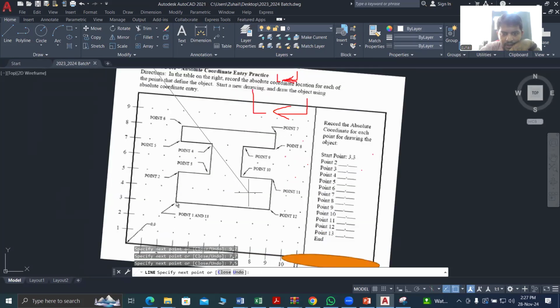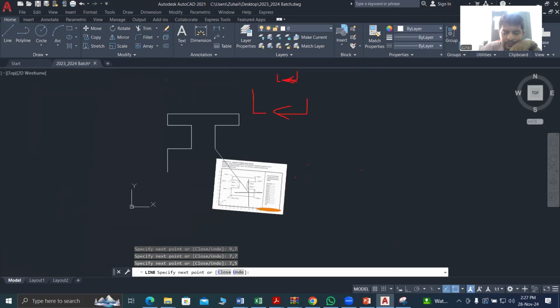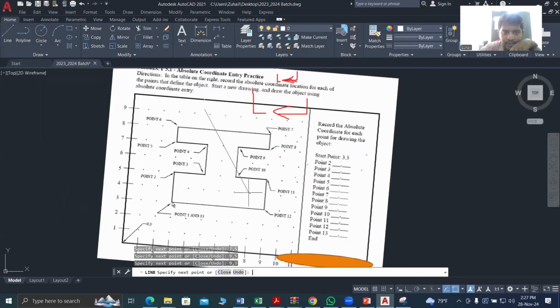Then point 11 is 9, comma 3. Sorry, 9, comma 5. Enter. 9, comma 3. Enter. Then finally